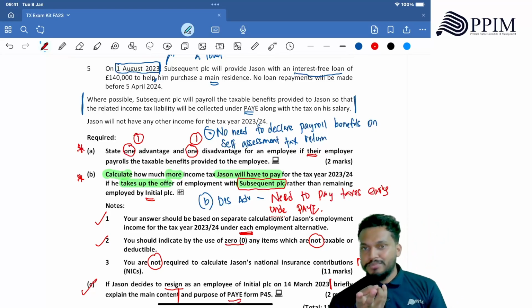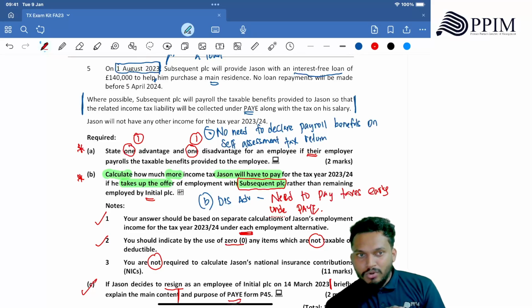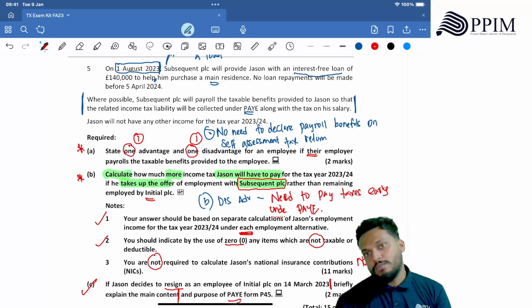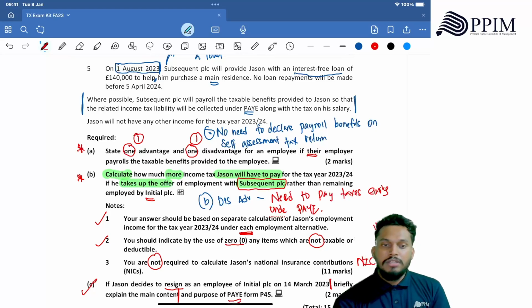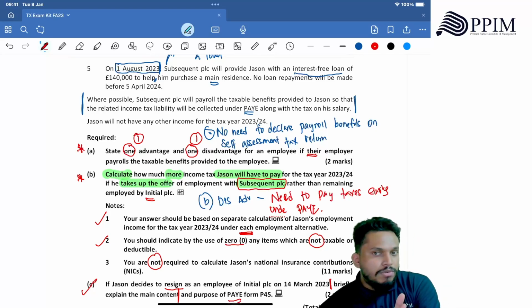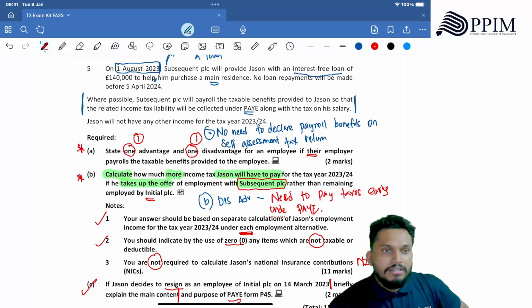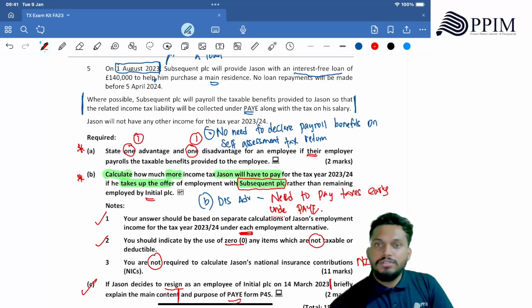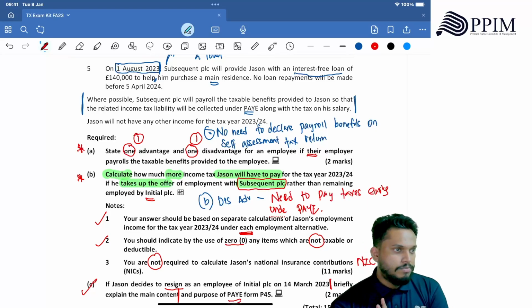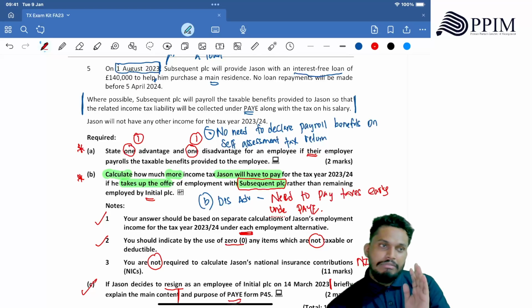That's why you got the options: either you can pay or the company can pay. So they are given the options. If the option is not given, now see, that's an easy 2 marks. Even if you are in the last 5 minutes of your exam, you can get it. You don't want to waste your time. 2 marks for these 2 points, one for the advantage, one for the disadvantage. So how many marks have we scored now? 13 marks.